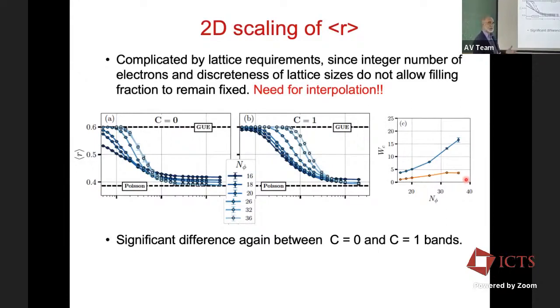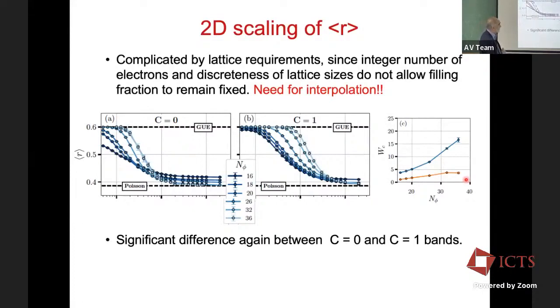It tells you immediately that finite size scaling for a two-dimensional system with lattice geometry is a real problem. It's not easy to do, okay? And to the extent that we can do it, again, we sort of relied on the halfway point rather than on crossings. You can see that crossings are happening, but they are